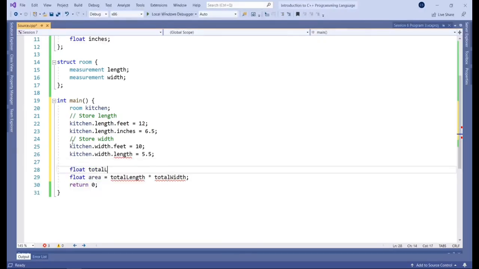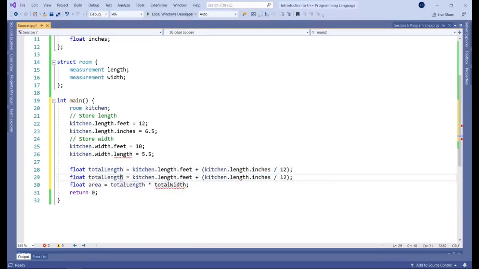Floats: total length is going to be equal to the kitchen length in feet plus kitchen length in inches. Of course, we have to translate inches to feet. 12 inches make up 1 foot, and then we do the same for the width. So let's replace that.